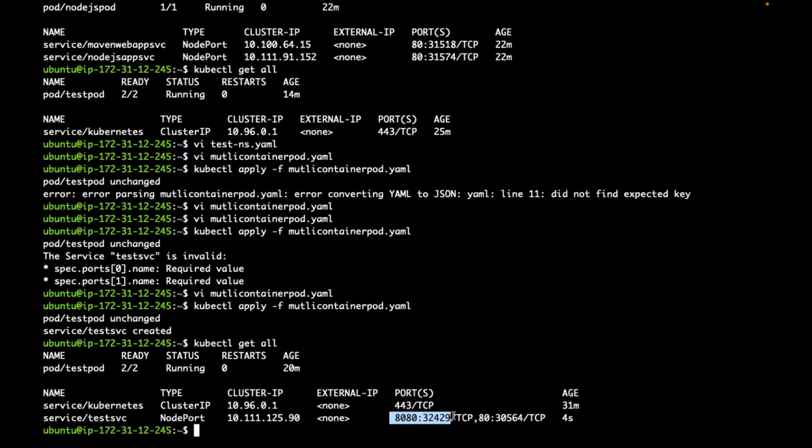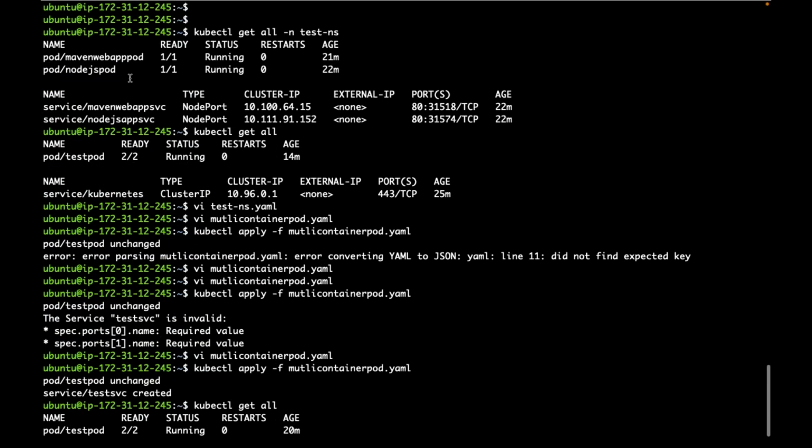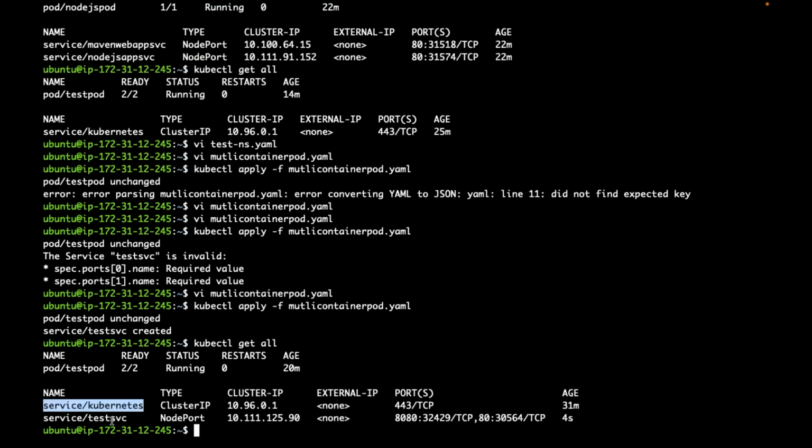Now if you see, why can I see two like this? Because I created a service of type NodePort. Now if I want to access from outside, if I use this port, is it going to route the traffic to the Java web application container? If I use this node port, is it going to route the traffic to the Nginx container running in the same pod? From outside. But inside, let's say now this application or this application wants to reach this application, can they still use that service name?